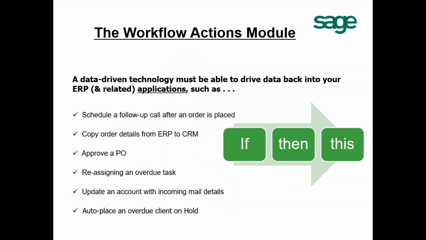Everything that I've talked about thus far has to do with monitoring conditions and triggering the delivery of content. But earlier on, I talked about if a customer is overdue, let's have Alerts and Workflow put that customer on credit hold. If an item is approaching its reorder level, let's have Alerts and Workflow automatically create a purchase order for that item. And if a client does get placed on credit hold, we might want Alerts and Workflow to go over to our CRM or sales system and actually schedule a phone call for that client's account manager to make to them to try and resolve that credit hold situation.